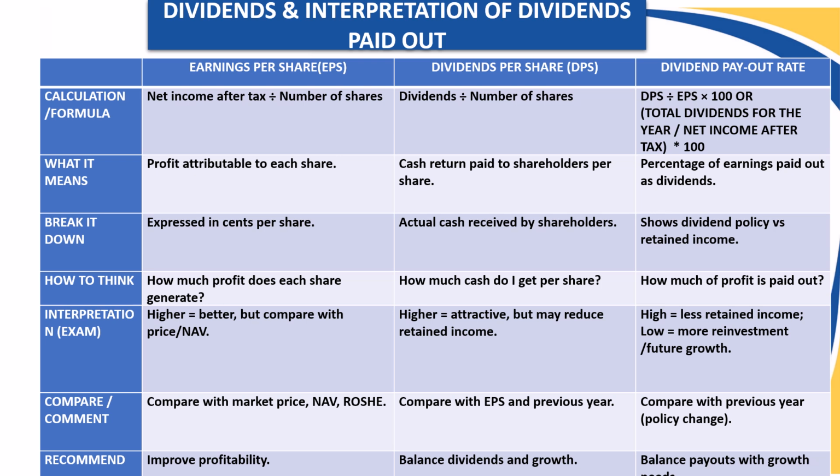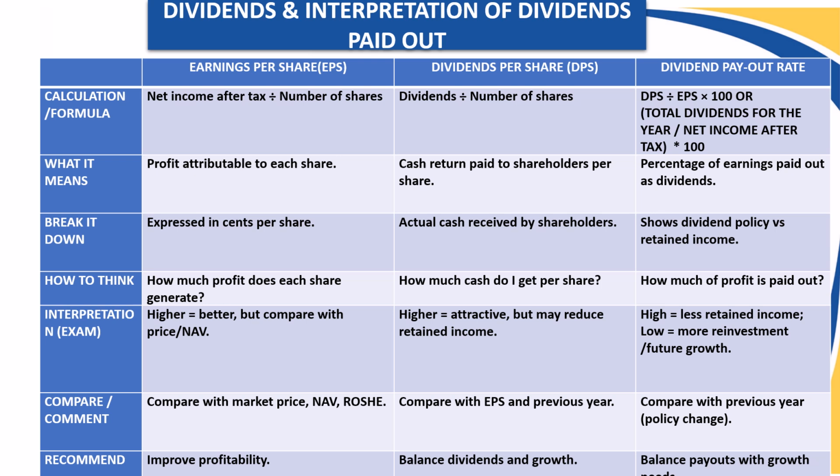People want to buy shares because they also want high dividends, a high return on their investments. We compare this with the previous year and the earnings per share. Remember, we get interim dividends in the middle of the year, and then there's final dividends at the end of the year. So you can have 3 dividends per share calculations. The one is the dividends per share of interim dividends. Then you have the dividends per share of the final dividends.